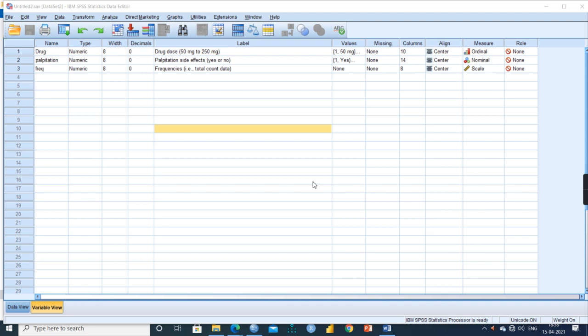independent variables. So here we have taken drug dosage, which is generally ordinal in nature, and in the case of palpitation, patients have given responses as yes or no. So it is a dichotomous nominal variable, and it is the dependent variable that we are planning to take here. So in this test, there is the Cochran-Armitage trend test.